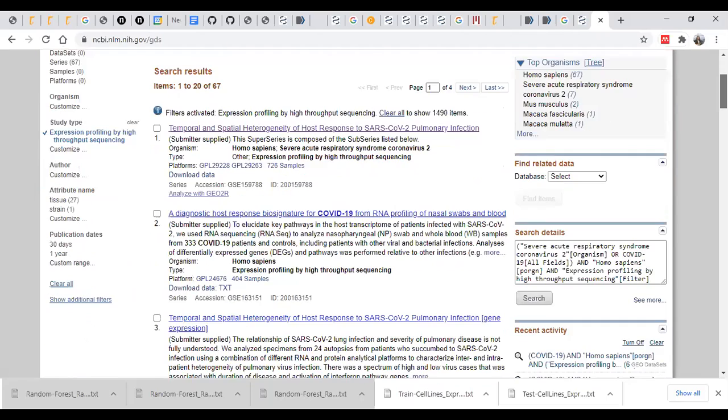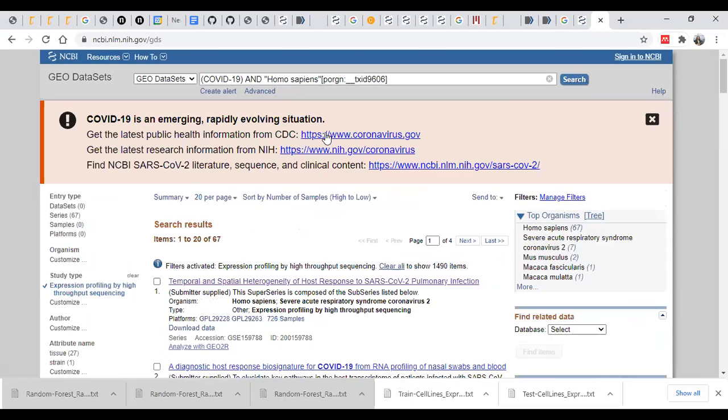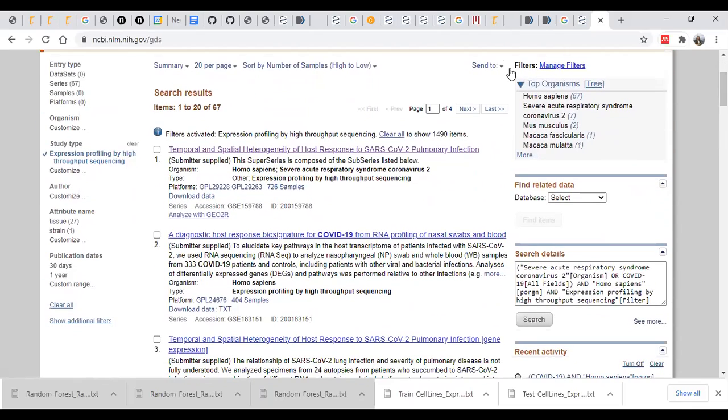Then here you will get the various data sets. We can sort these data sets based on the number of samples, from high to low. I have already added this filter, sort by the number of samples. Now if you are interested in a different sample, even the first study, if you look at here,